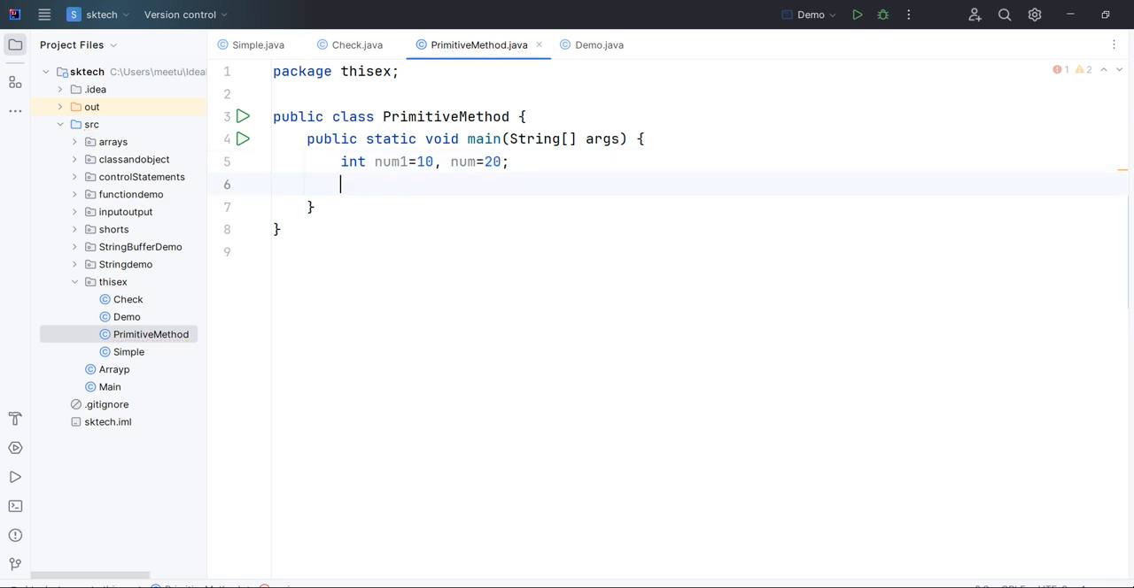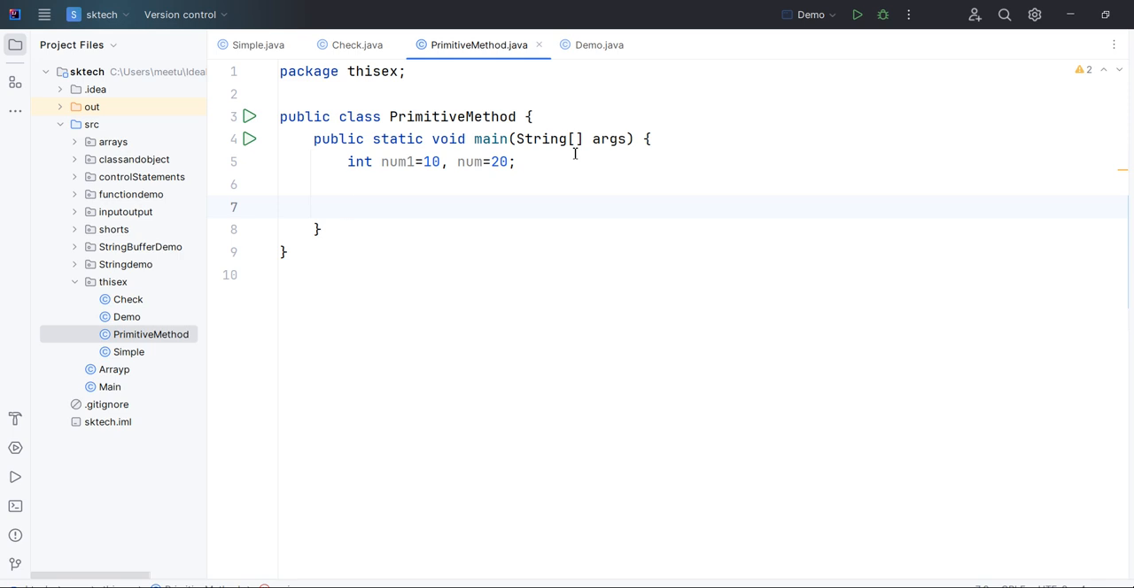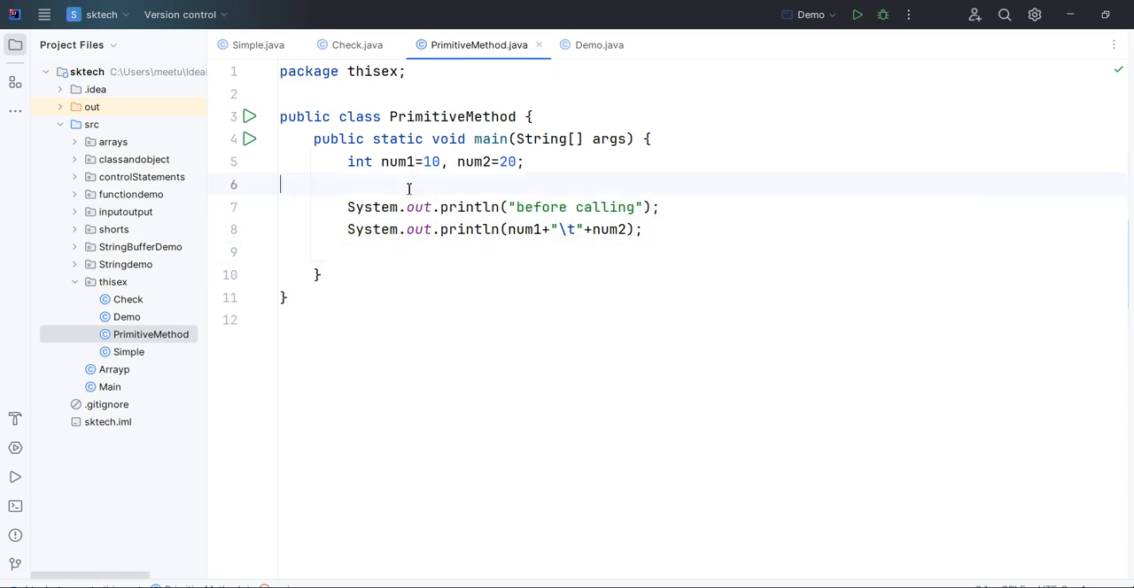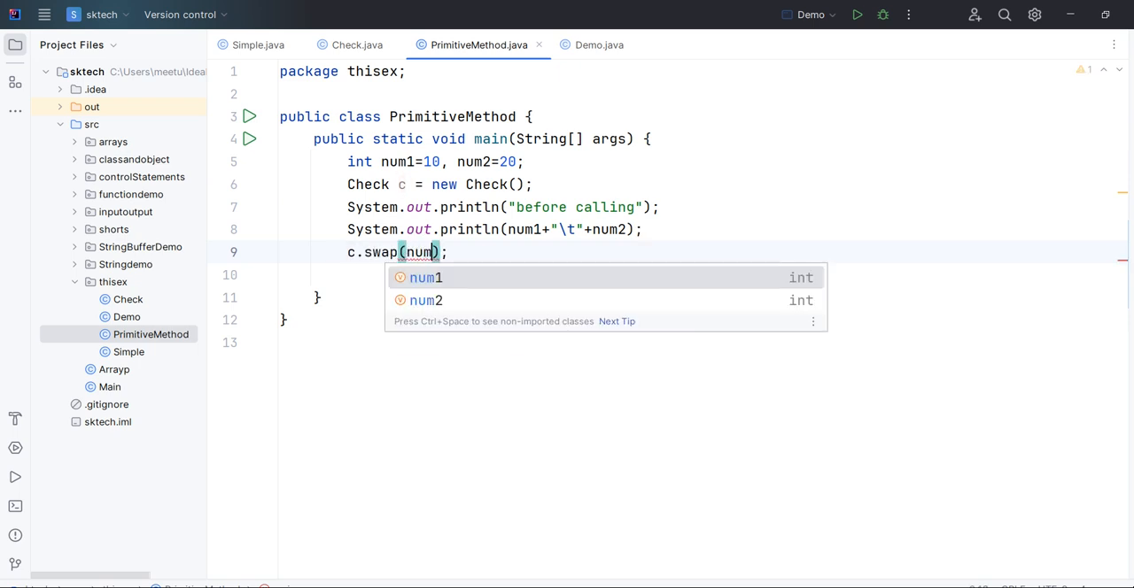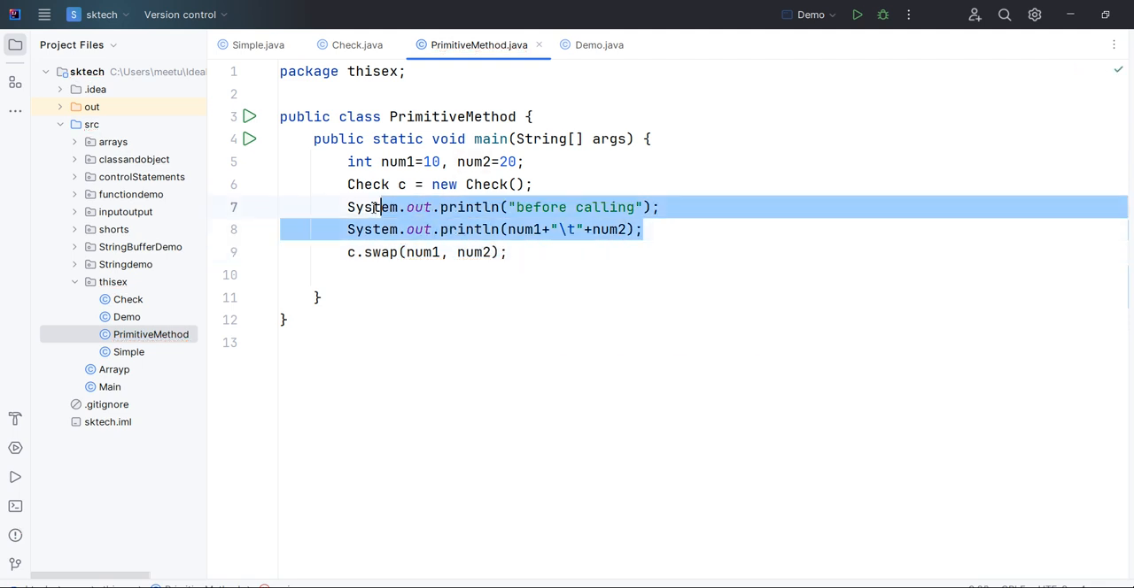So let's say we have two instance variables, number 1 having 10 and number 2 having 20, okay, and let's print them before calling the swap method. So we'll print number 1 and number 2, before calling, okay, and let's call that swap method. So let's first create the instance of that class, that is Check check is equal to new Check, right? And then let's call that method using the instance variable and pass number 1 and number 2, and then let's print this again,